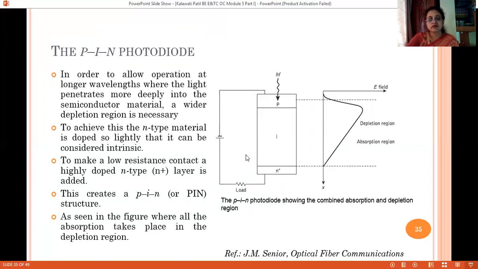So with this modification in our normal PN diode, we get a new photodiode which is known as PIN, or capital PIN. These are the two abbreviations which are used to represent this photodiode, and then people studied it further and observed its characteristic, whether it really gives an improvement over the PN photodiode or not. So let's see how the performance gets increased because of increasing the depletion region by introducing the I region in the photodiode.